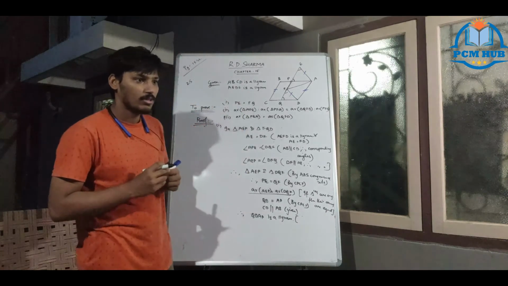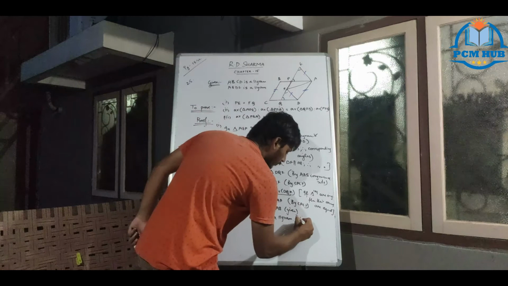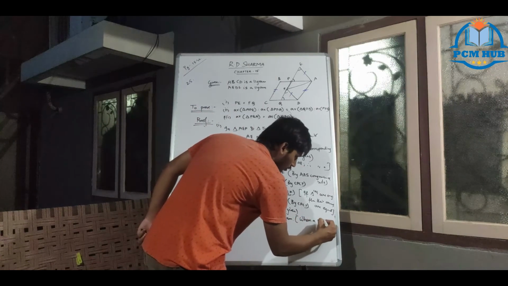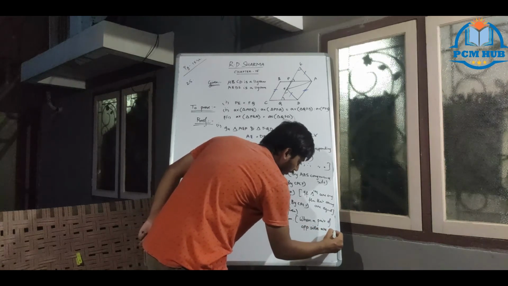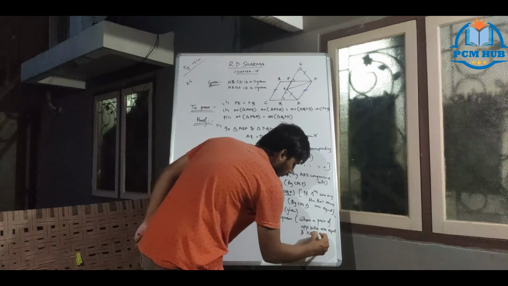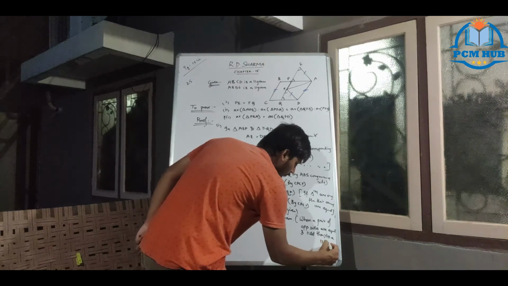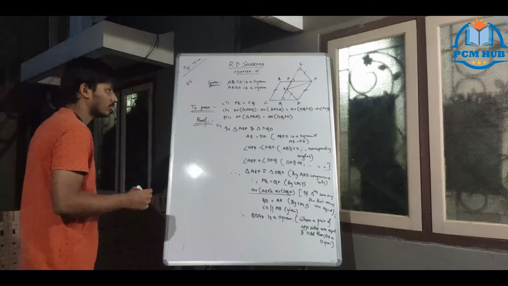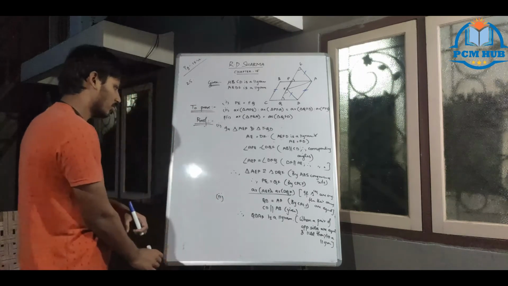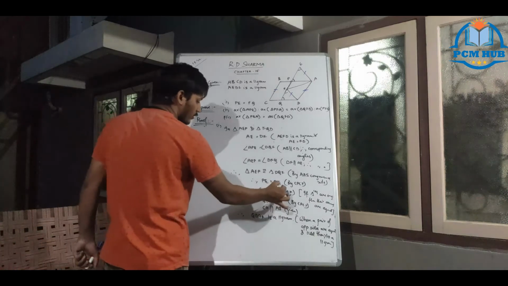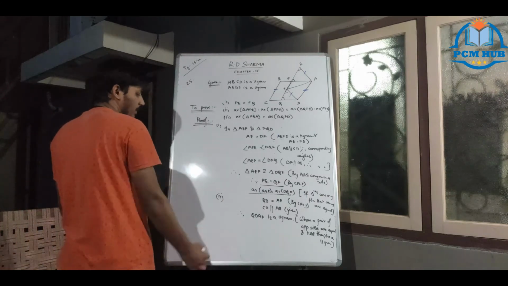Theorem 8.8: when a pair of opposite sides are equal and parallel, then it is a parallelogram. So this is a parallelogram. First part proof is over. From here, second part proof starting. This is first part, no? You wanted that, so we got it. From here, listen to the second part.